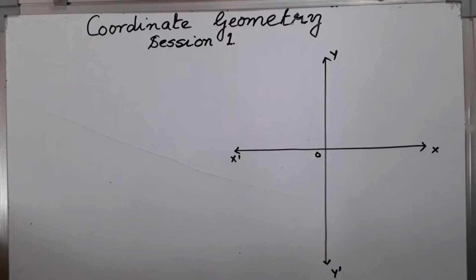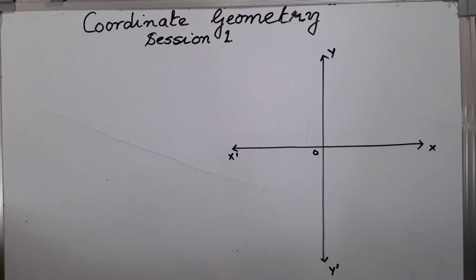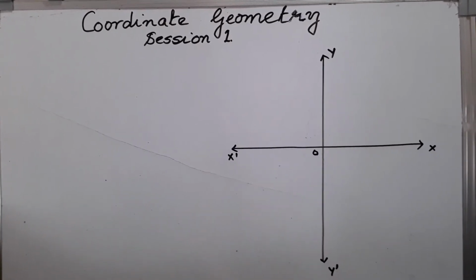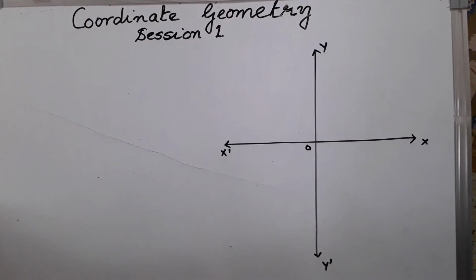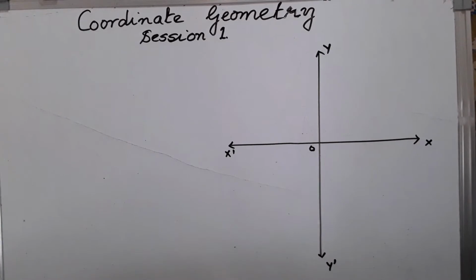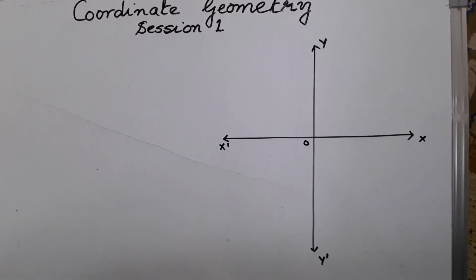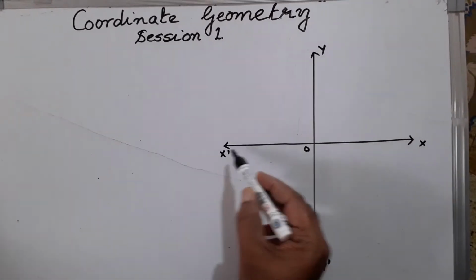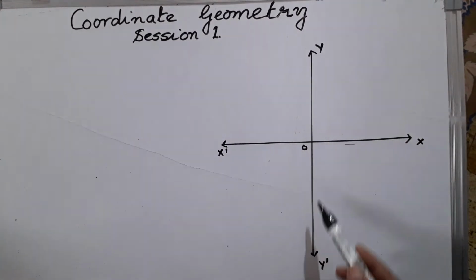Today we are revising the unit Coordinate Geometry. This is session 1. A plane is divided into 4 quadrants by two mutually perpendicular axes